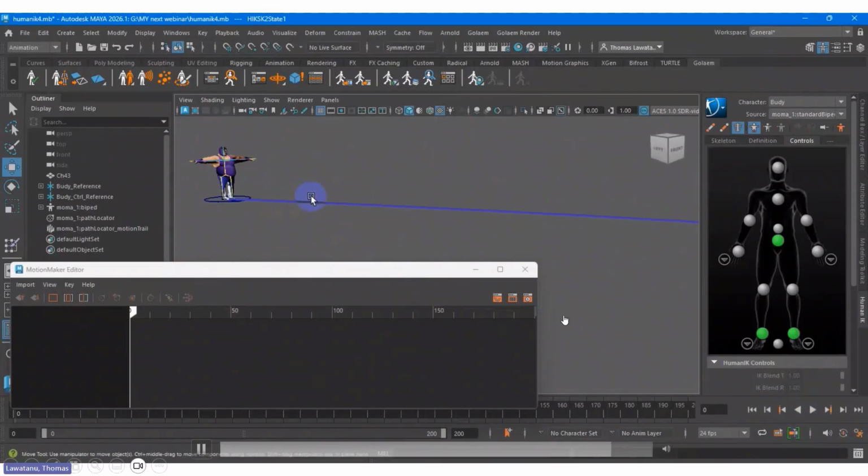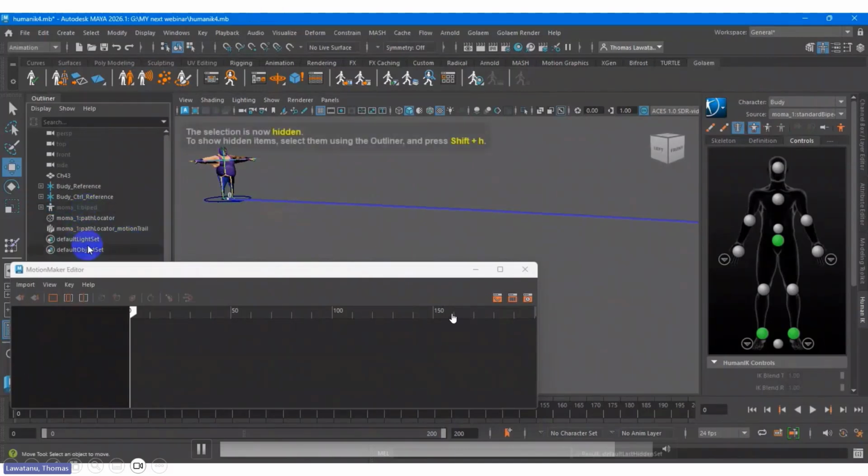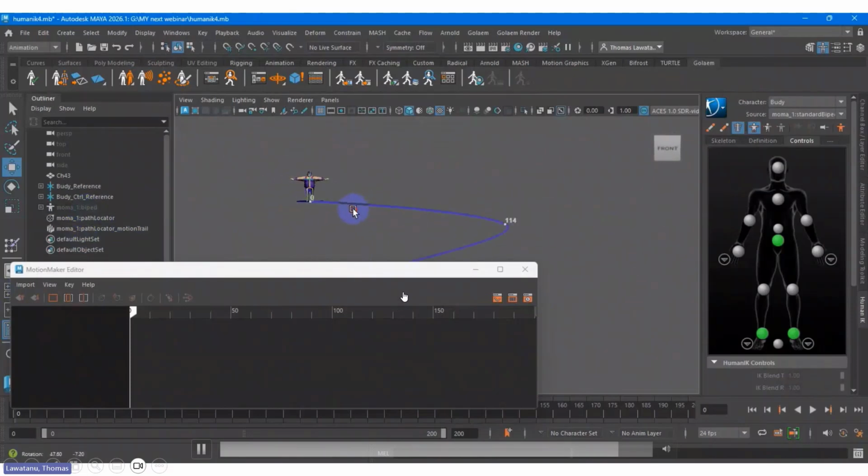I think this is the advantage when you try using the motion maker. Just update your Maya to 2026 update 1, and then see the motion maker.